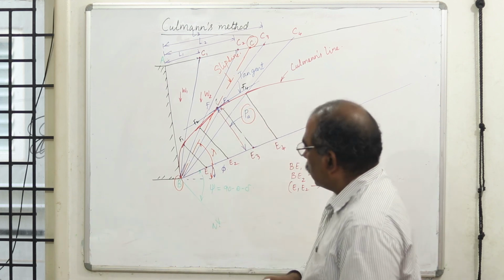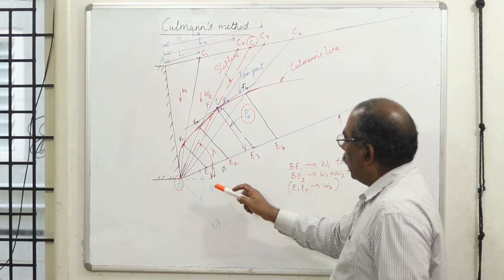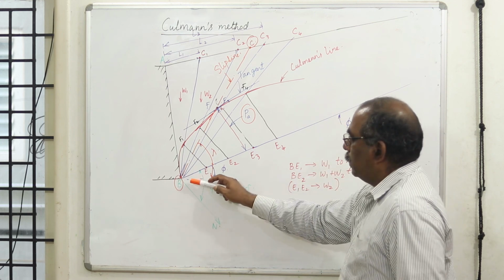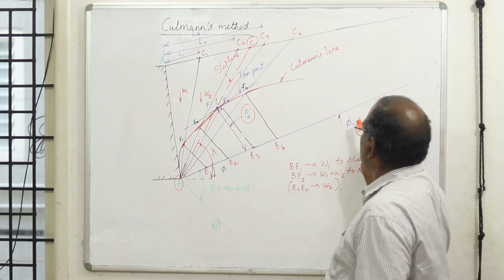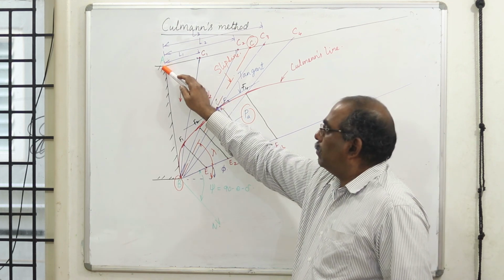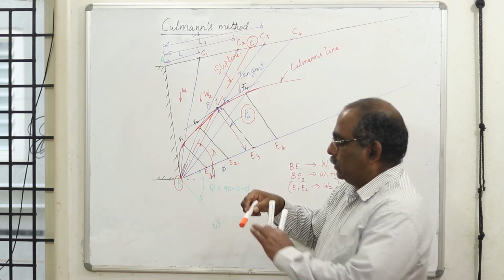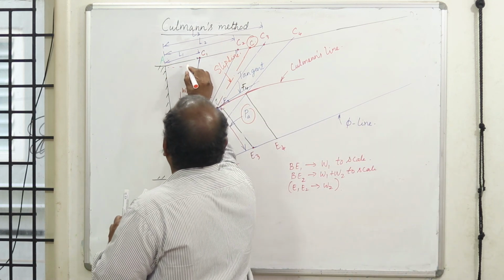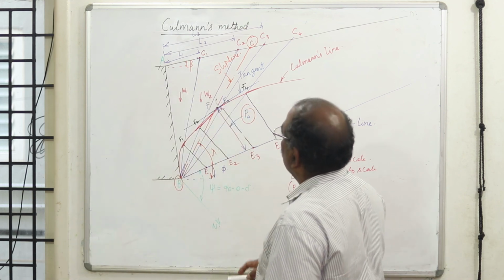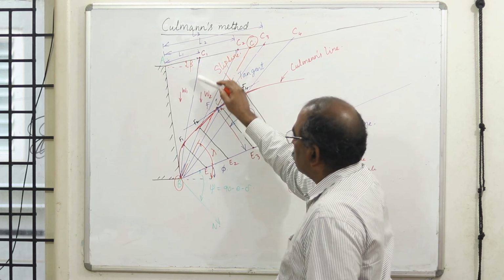I'll explain once again. What I'm going to do is, I draw the retaining structure to scale. I'm drawing a line at an angle phi with respect to the horizontal. This represents the phi line. From the top of the retaining wall, I am drawing a line at angle beta. That is, this angle is beta. Once I have this, on the ground line I take some point C1, and take this as a wedge.